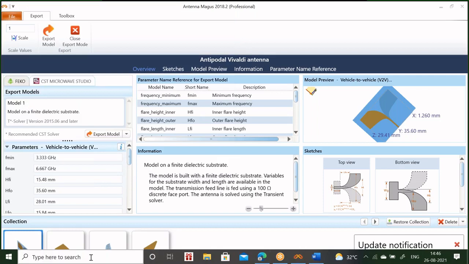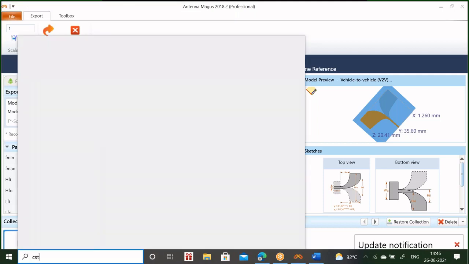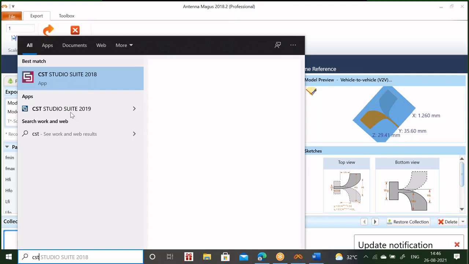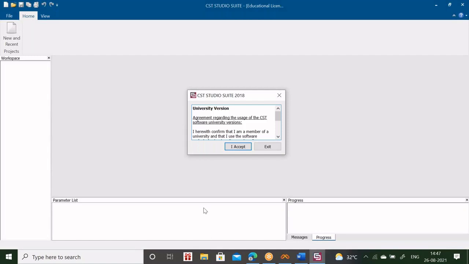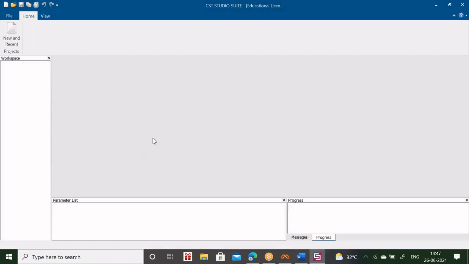Okay. Now if I want to open that model in CST, go to the CST tool. Please have some patience, take some time, because I am not showing the already existing things.